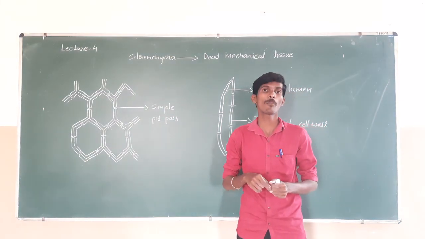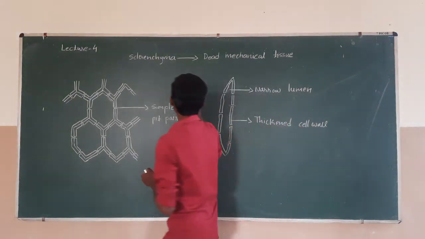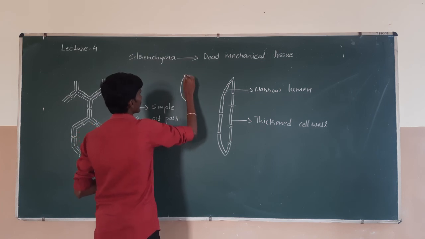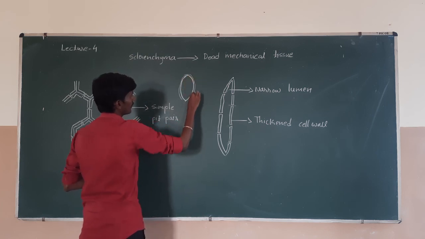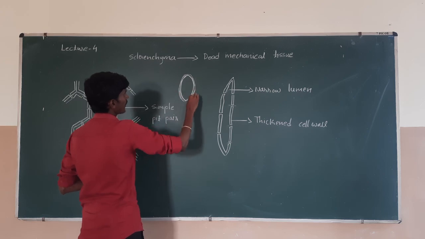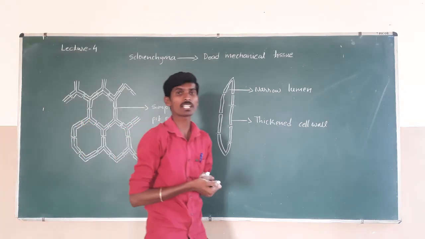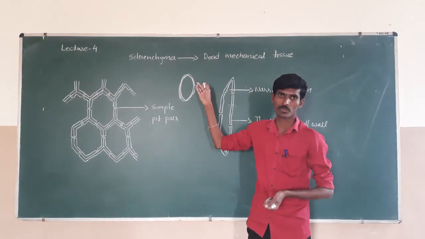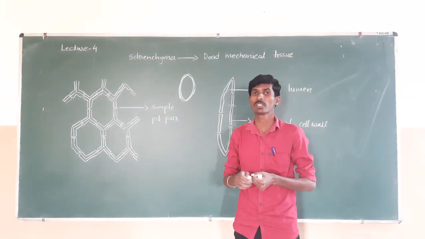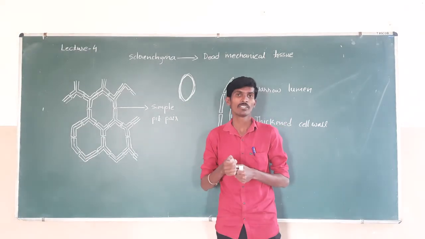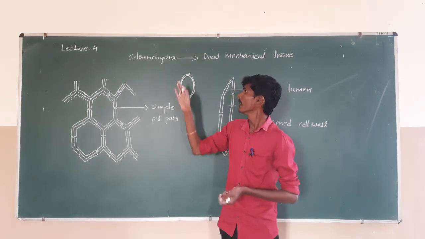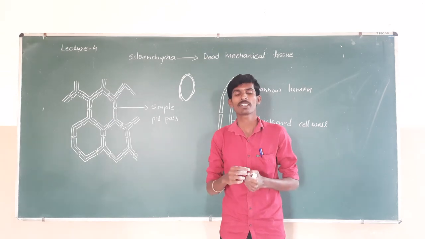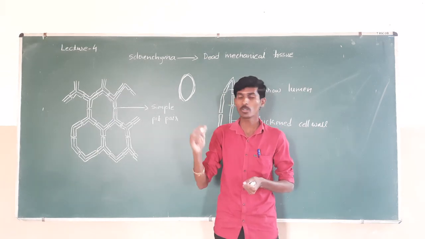We saw the husk of a coconut. This coconut has a husk, or outer covering. This outer covering is made up of the sclerenchymatous tissue, and it is a dead mechanical tissue. The cells of sclerenchyma are dead. The sclerenchymatous tissue is present below the epidermis in the stalk of leaves.